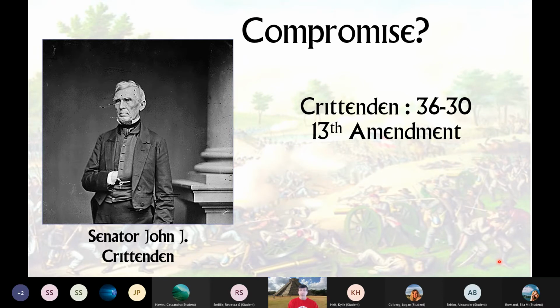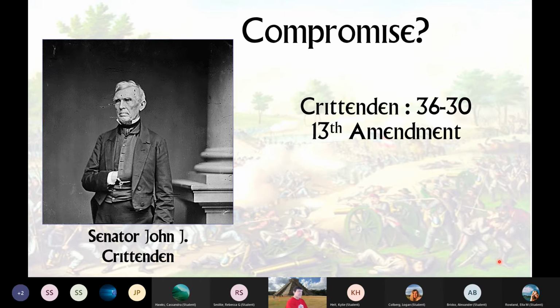And basically, Republicans said, we're free soil. We're not going to say slavery will be constitutional because we don't want slavery in our territories or states. And so this died. And this is going to be one of the great ironies. The 13th Amendment, when it would be ratified, would be the one banning slavery. So that's ironic. The 13th Amendment that happened before didn't happen.